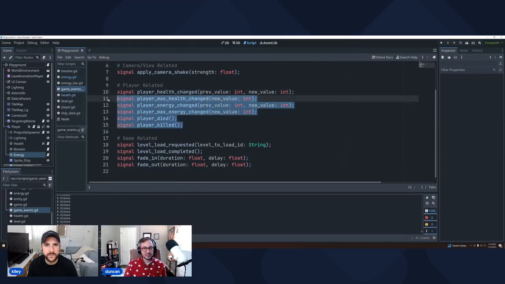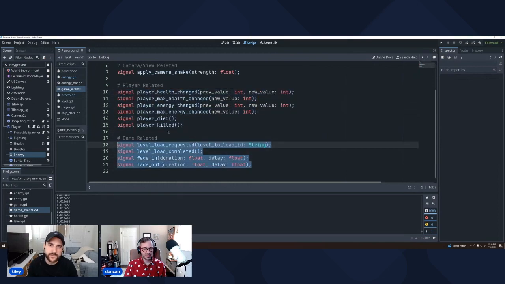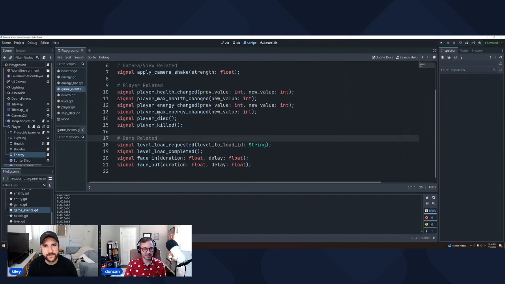So I've made all these signals, right? And I've already defined them. And so what you can do once you've done that is you can call the game events class, which again, it kind of just knows about since it gets automatically loaded. And then you can call the signal, and then you can call emit. And signal is basically an event, right? And this is kind of the publisher subscriber pattern.